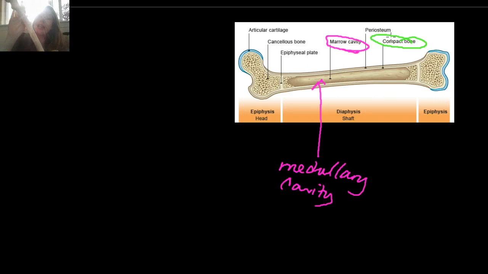But right at the very, very outside of the bone, even covering the compact bone, is something called the periosteum. So let's circle that right there. So right here, it's just the very outer part. That's called periosteum, and of course it surrounds the entire bone. But on the very, very outside at the end, so I'm going to kind of just go like this,